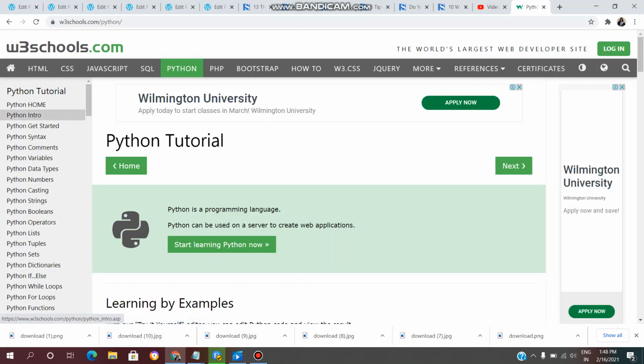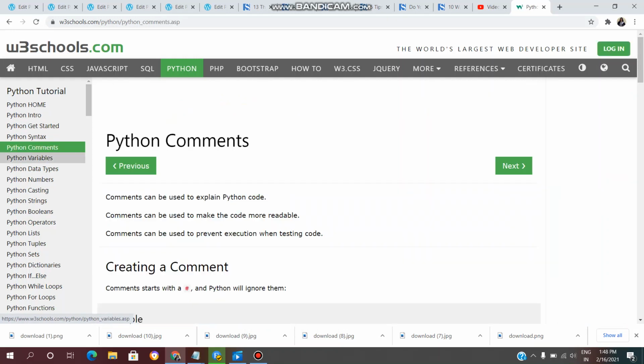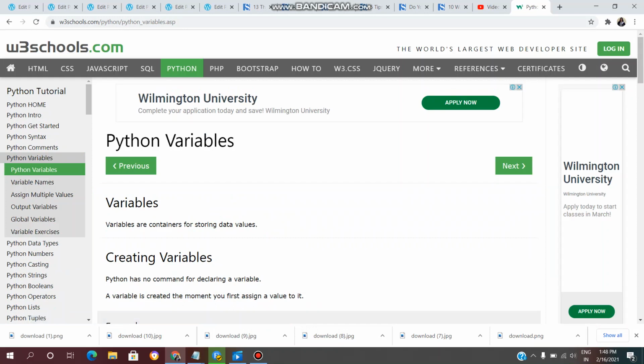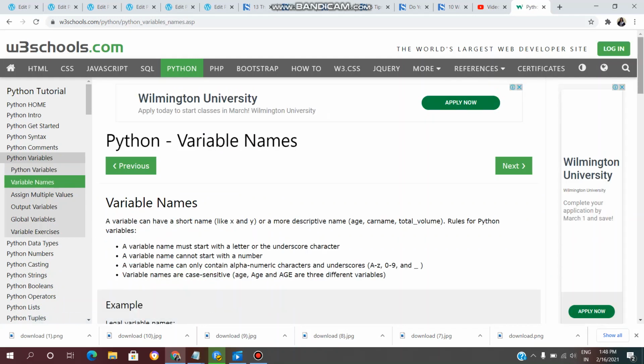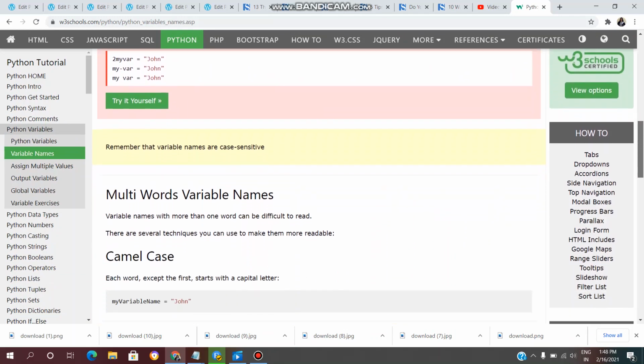In that we have already seen Python intro, Python installation, Python syntax, Python comments and Python variables. Now in Python variables, we are seeing the concept of Python variable names. Now we will see all these concepts one by one.